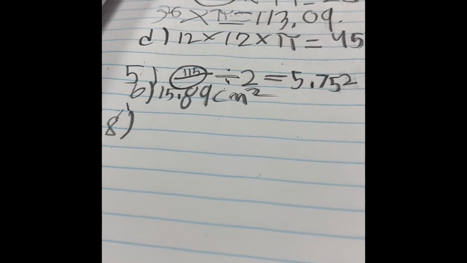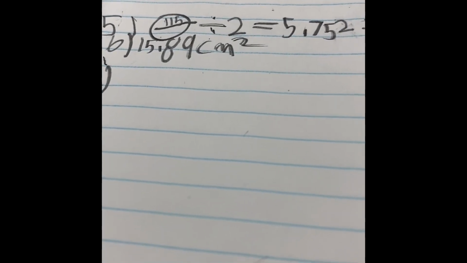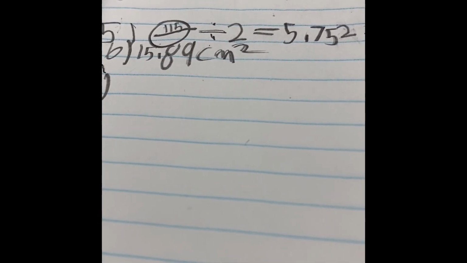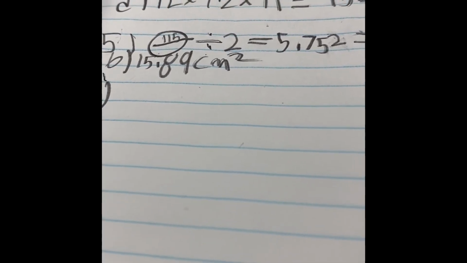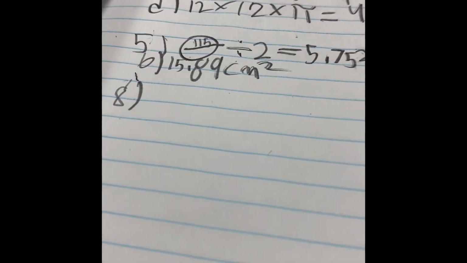Yep. This one I think is a little bit more tricky. What I would start doing is finding the area of each of these two, and then let's go from there. So it says a large pizza has a diameter of 35 centimeters. Let's find the area for